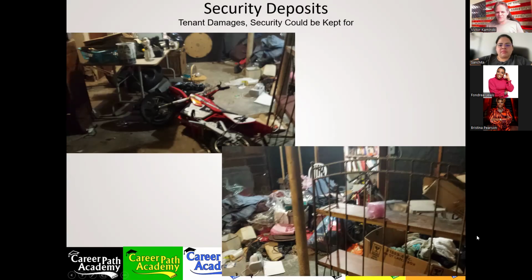Look at all the garbage just thrown all over in the garage, filling the garage too. The landlord had to get rid of all this. It's going to cost them some time and effort to do. And where do you put it to get rid of it? You need to get a dumpster, or put it out for special pickup for the city. Will the city even pick it up? That's an issue.